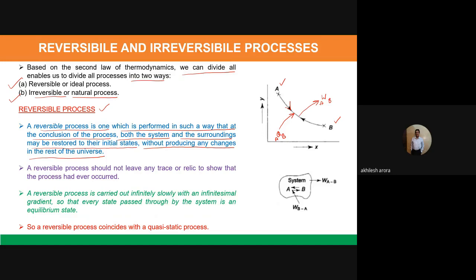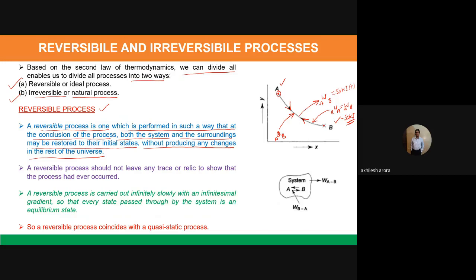Now what we do, we reverse this process. Now the process is taking place from B towards A, and the system once again reaches point A. Let us apply an amount of work equal to W B to A, such that W B to A is equal to W from A to B. Means if this work was equal to 50 kilojoules, positive, then here this work is minus 50 kilojoules, which is being supplied to the system. Because it is being supplied from the surroundings to the system, we are considering it to be negative. So in effect, the total work is 0.